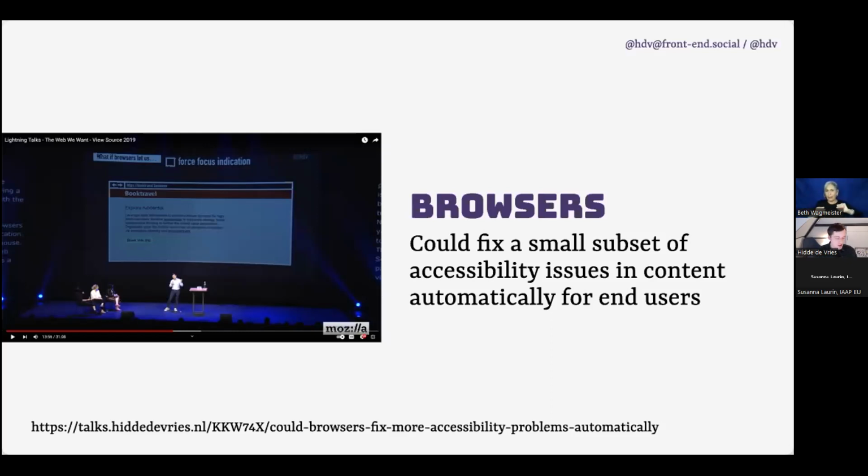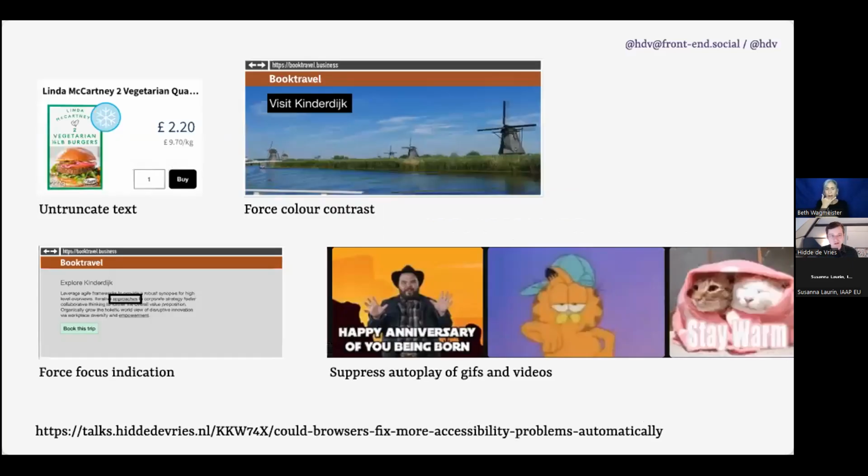I was clear there to say, this is not a get out of jail free card. It never is. None of the solutions I'm presenting today are a way to get out of jail free, but they can be very helpful. And these are all examples of ways where a browser could take matters into its own hands. If a website has problems, it can fix those. It's a little bit like overlays, but done better, because a browser has more insight into what's wrong and better ways to fix those things.